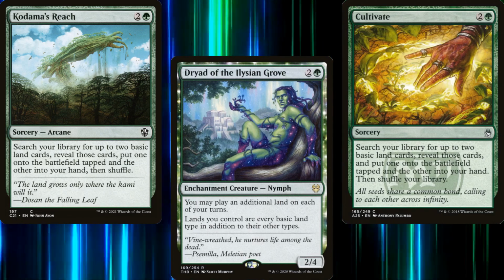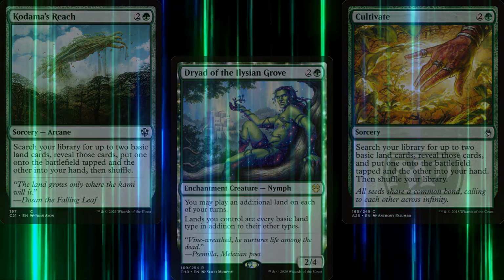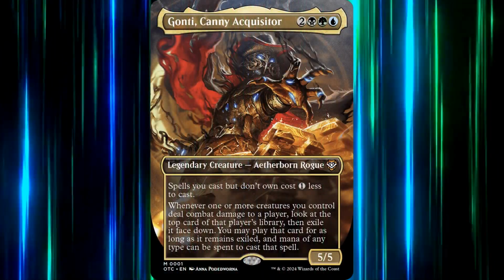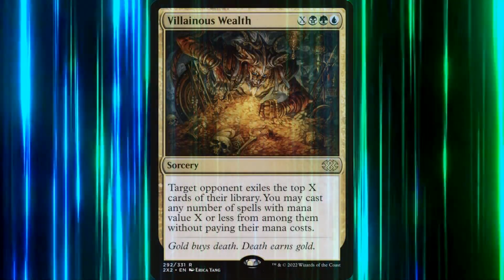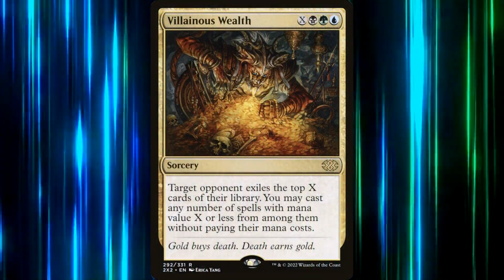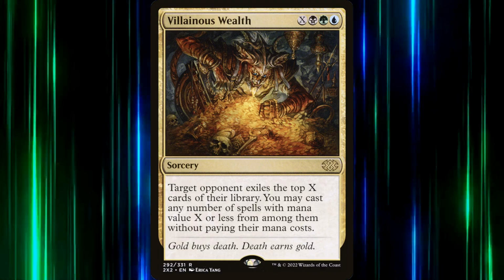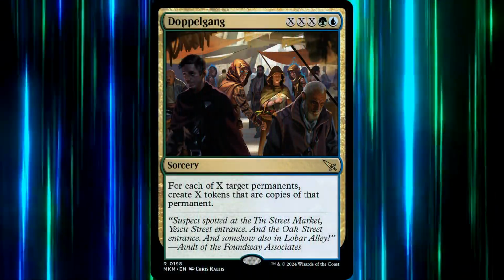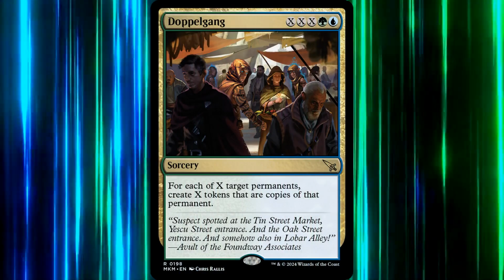Remember, Gonti says play, not cast, so if we steal a land off the top of our opponent's libraries, we can play those lands. Which means that we can cast Villainous Wealth for a lot of mana and steal half of someone's deck if we wanted to. I suppose that also means we can do silly things with Doppelgang as well, but that requires even more mana